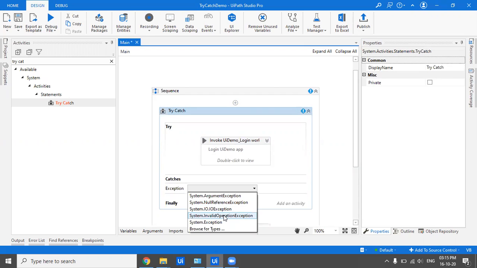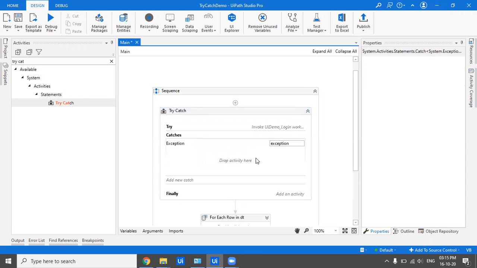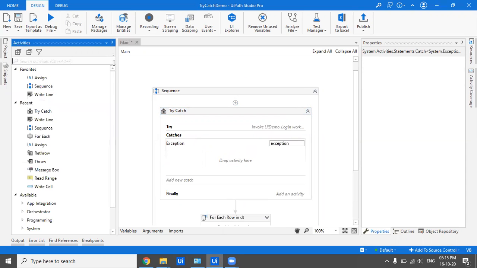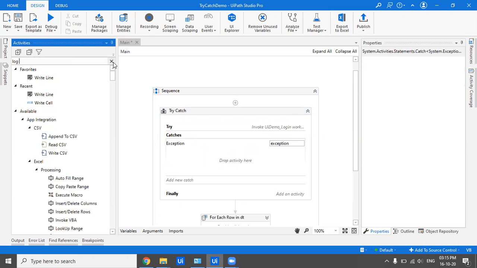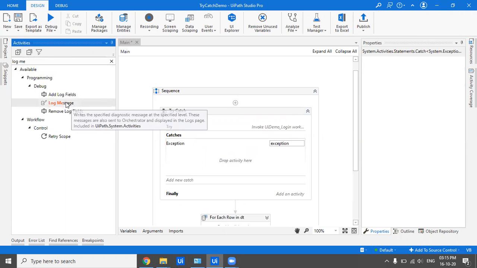So it is always recommended that you have a System.Exception in your catch, because all other exceptions are derived from System.Exception, as this is the base class of all types of exception. So if there is any exception which you did not forecast but it arrived, it would be caught here in System.Exception.